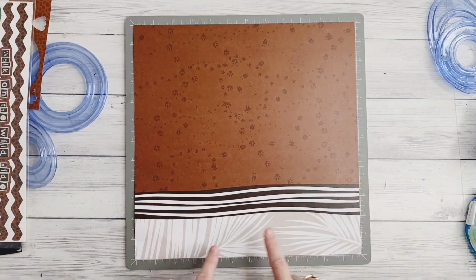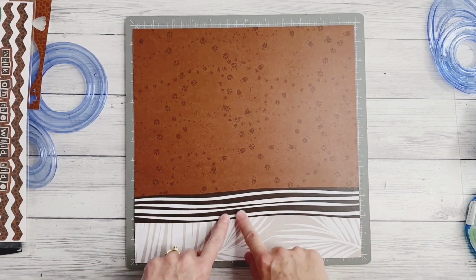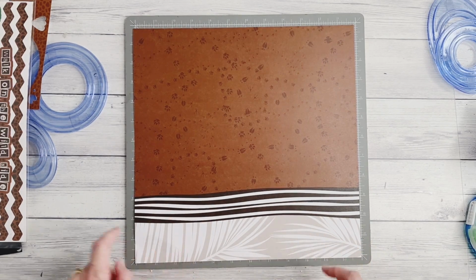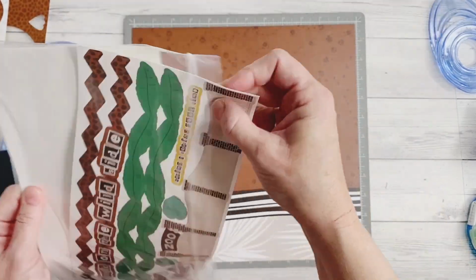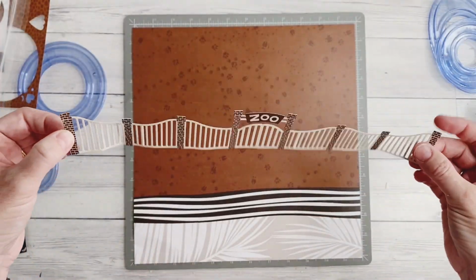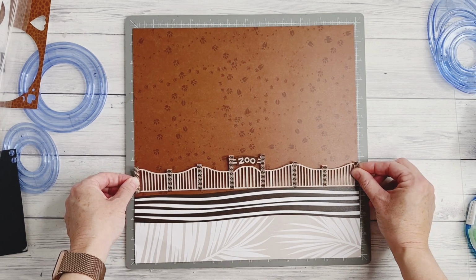Alrighty, so I've brought in a piece of paper from the Fast to Fab inspired paper pack, and you can see that I love these papers because you've already got some intricate work here and varying textures and patterns on the paper. So to start with, I'm actually going to add one of the border stickers. And I love the zoo gates here on this bottom sticker. Okay, so I'm just going to add that to the top portion there of the zebra stripe,